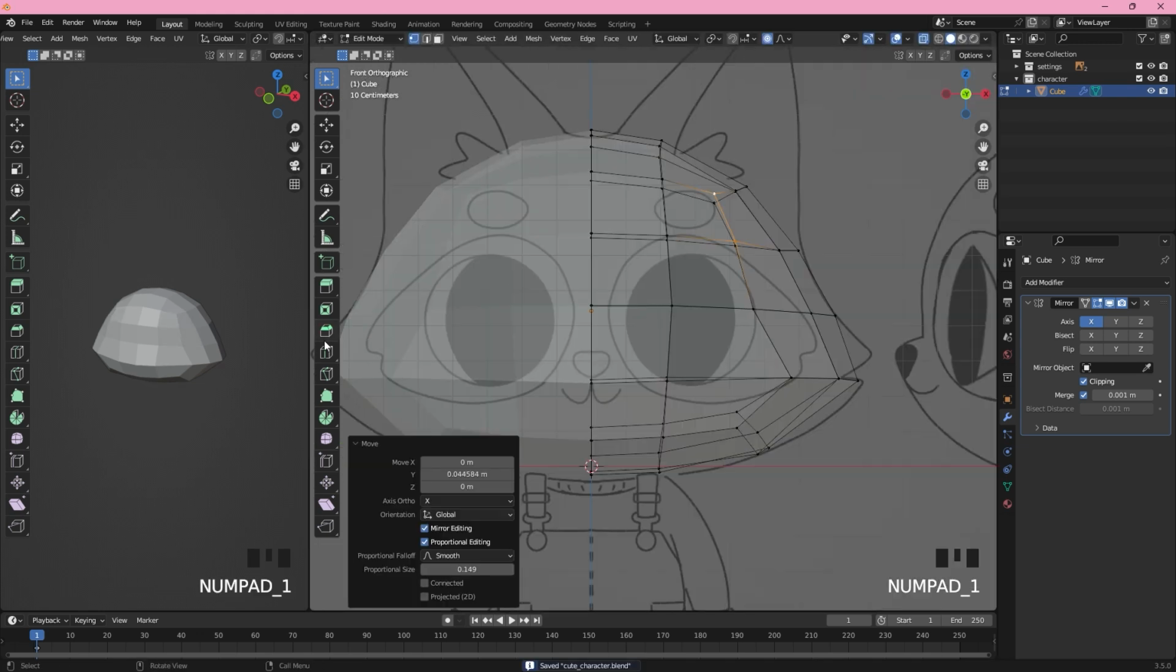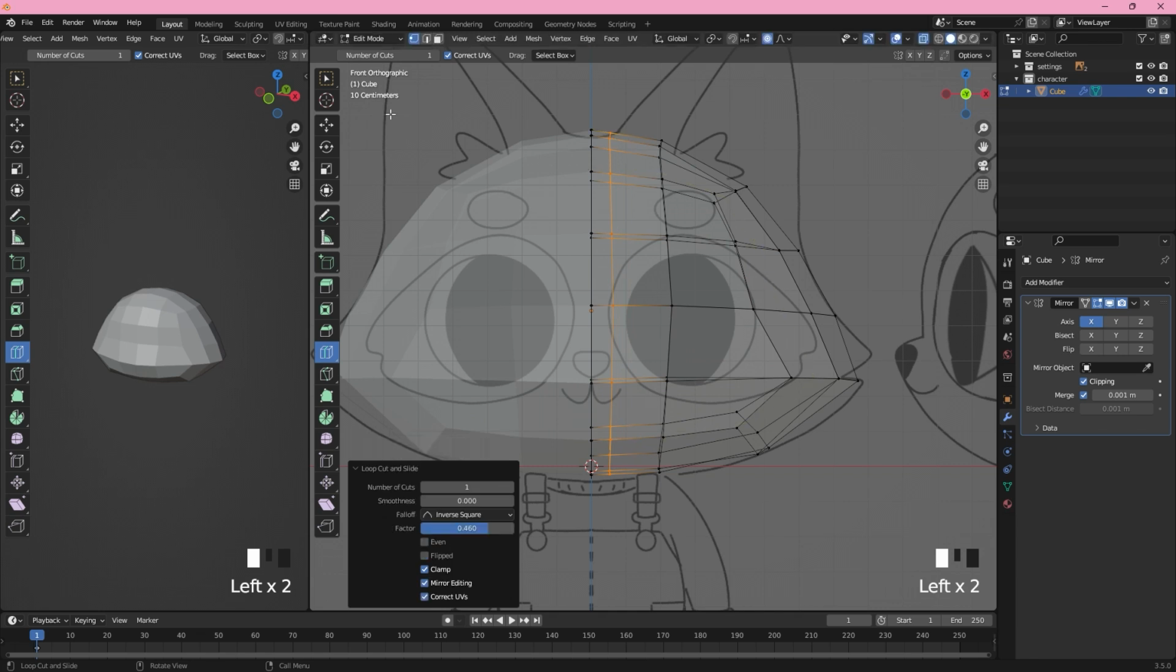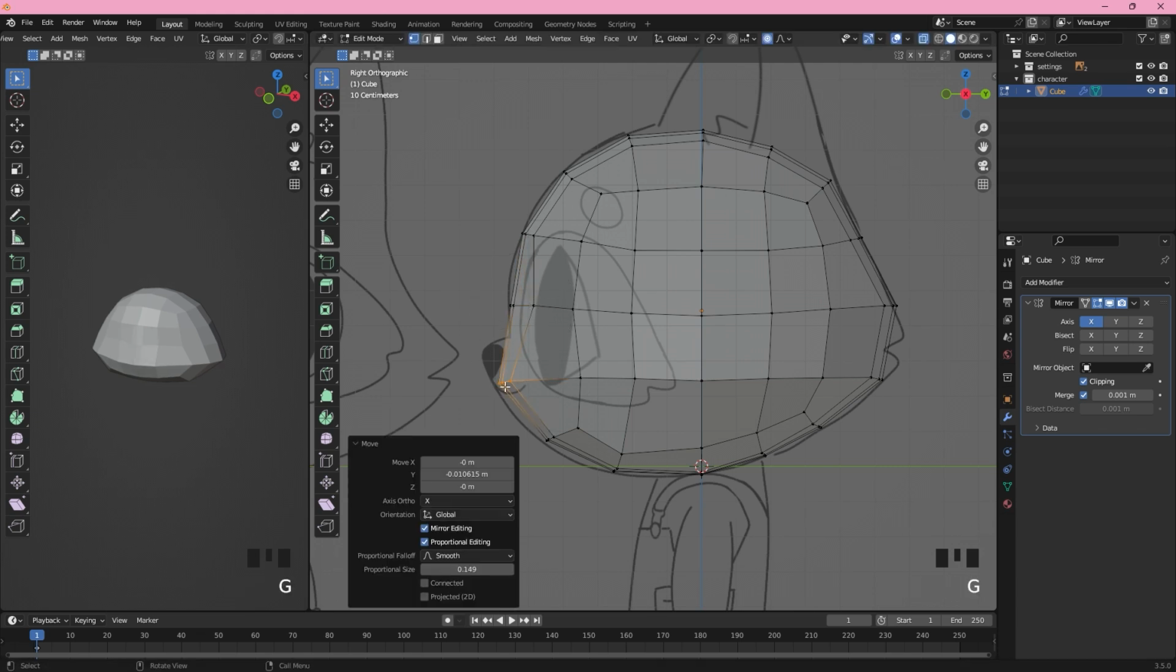Back in the front view, let's add a loop in the middle, and once I left click on my mouse to add the loop, before letting it go, I slide it on the left, so on the x-axis, to bring it closer to the middle. Now let's move it from the side view. I'm selecting these two vertices and I'm gonna bring them a little bit forward, and I will do the same